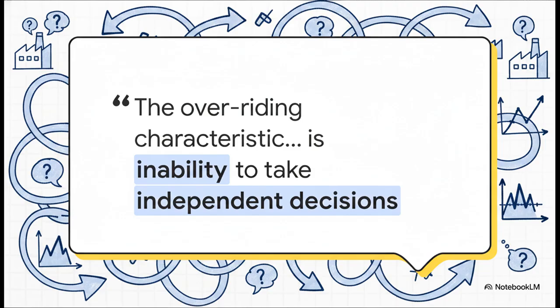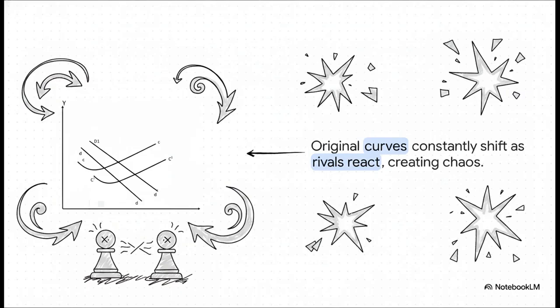It means a firm is endlessly guessing. They have to guess actual reactions from rivals, and then assumed reactions, it just never ends. Because of this loop, the marginal revenue curve, which is how a business figures out its profit, becomes completely unpredictable. If you try to map this out, it's just endless guesswork. Say a firm starts with an original demand curve, little d, and an original cost curve, little c.